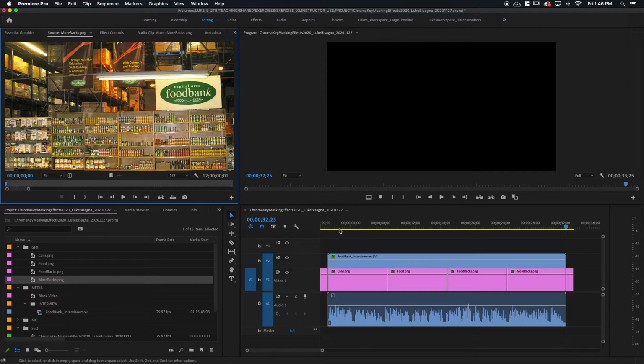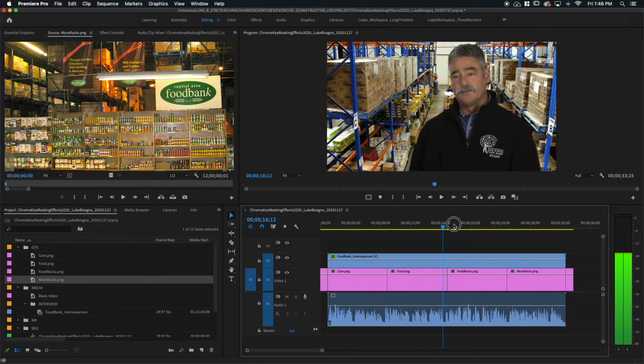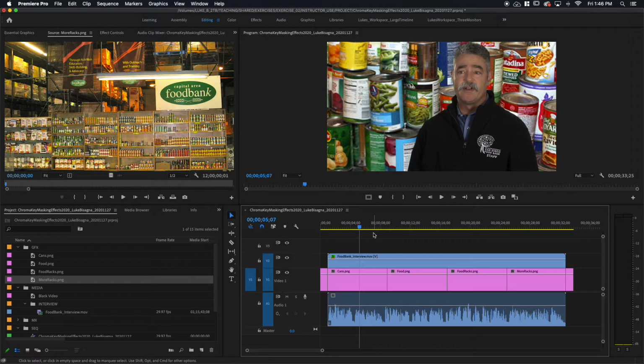Okay, so this is cool. So now we've got the stuff behind him. But you know, it's a little weird. It's a little distracting for a couple of reasons. Number one, the quality of this image is pretty bad. All right, it's something that came off of their website, does not look very good. So it's not the greatest thing to put behind him in a professional way.